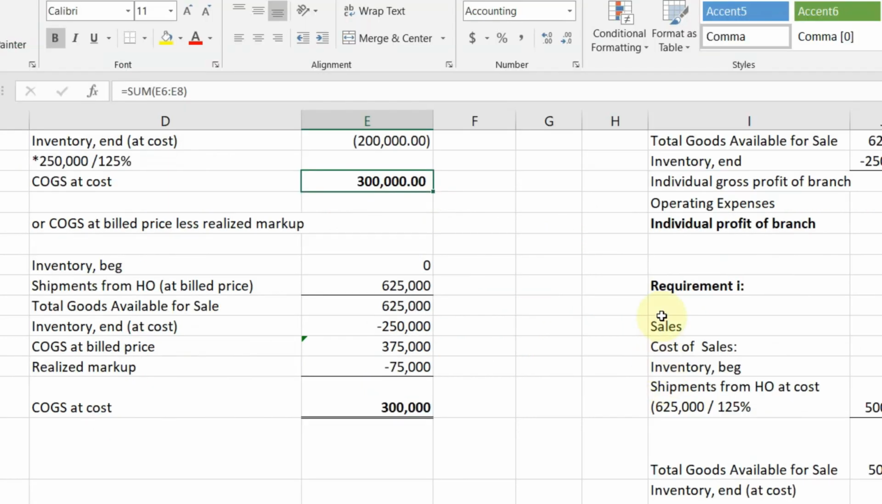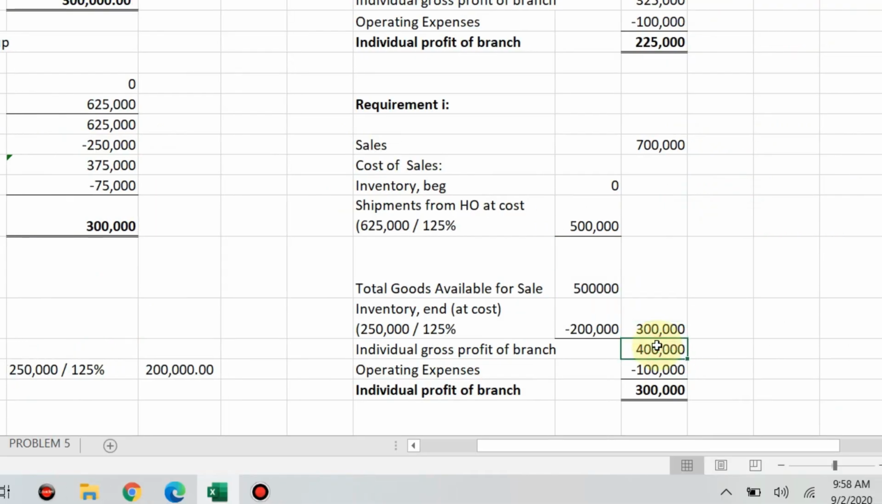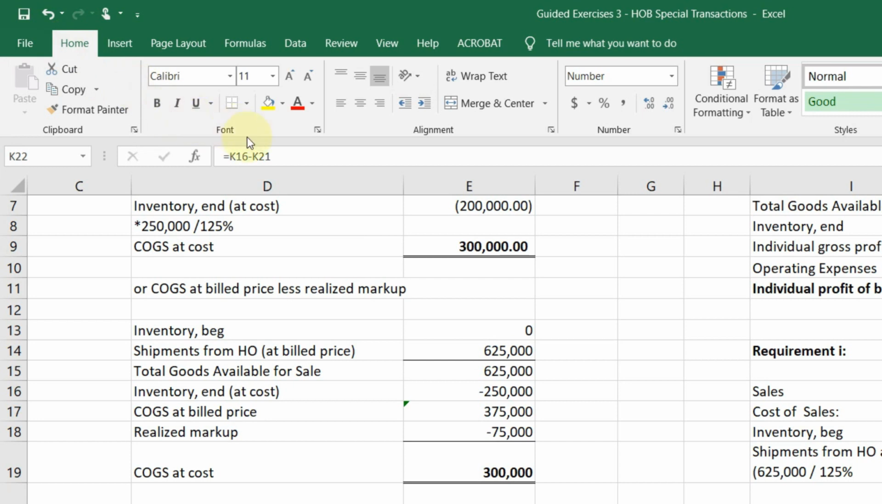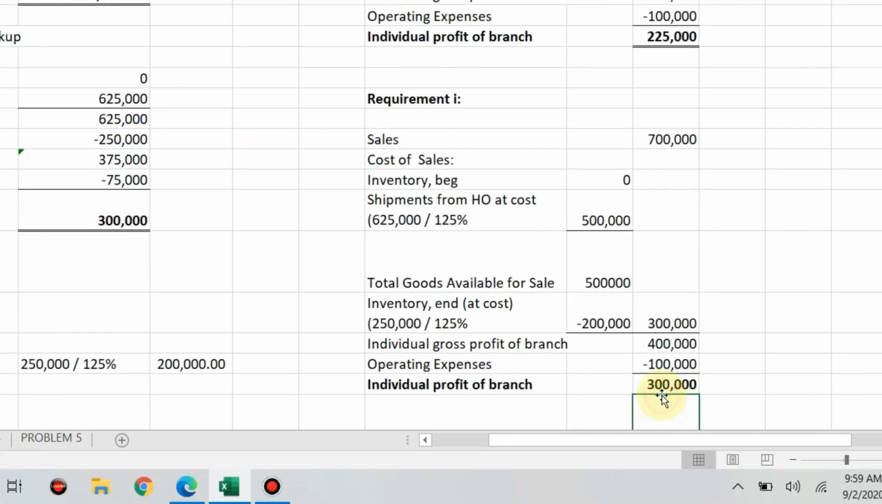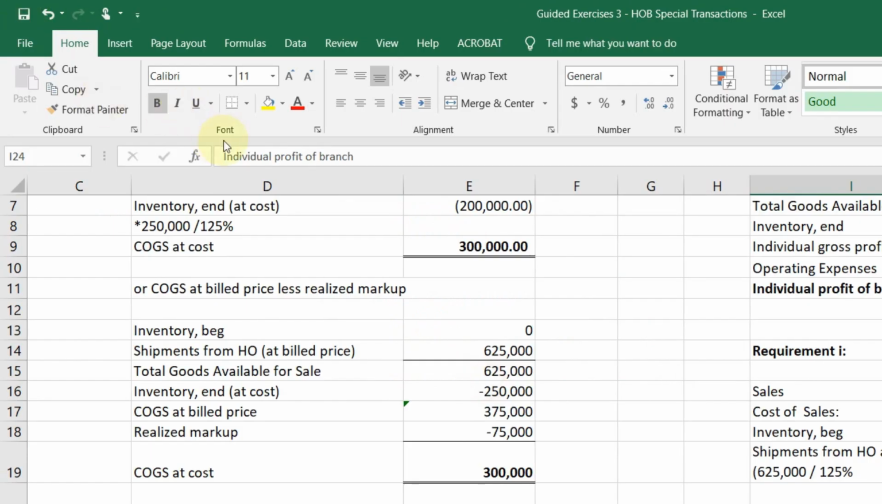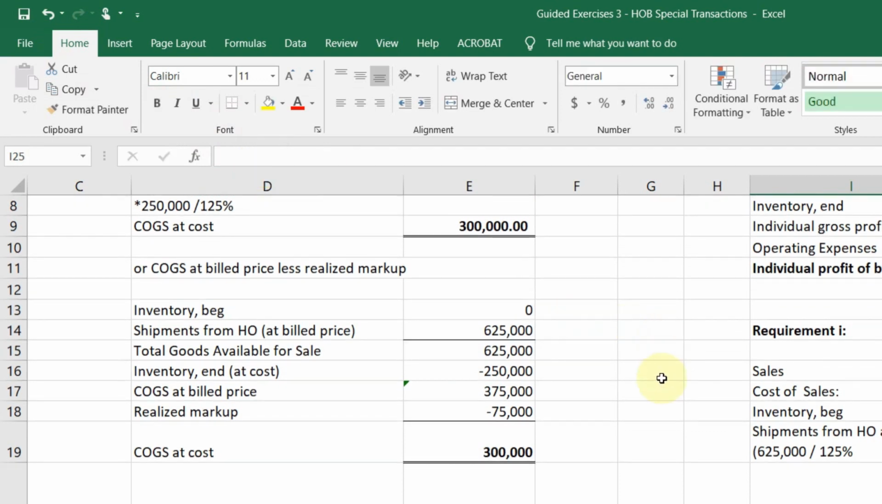Okay? Tama. Then, you deduct, individual gross profit of the branch is 400,000. Operating expenses 100. You have true profit na 300,000. Okay? Lagyan natin. True profit of the branch na 300,000. Okay? So,